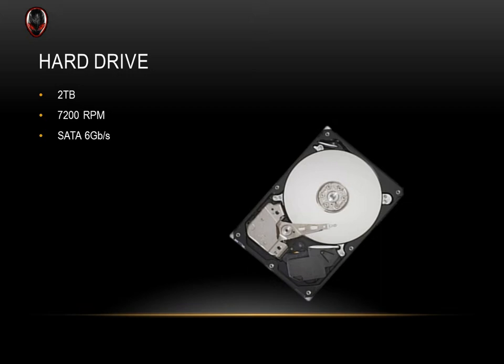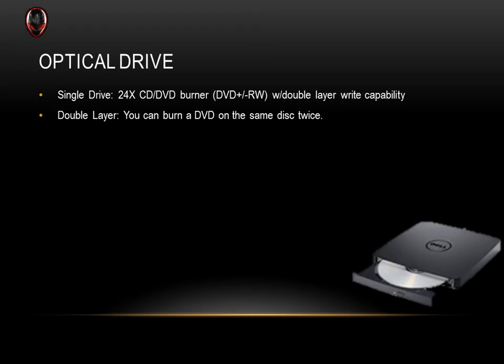The hard drive, again, they give you nothing. 2 terabytes, 7,200 RPM, SATA 6 gigabyte connection. Optical drive. Single drive. It's 24x CD/DVD burner, with double layer write capability. And that means you can burn a DVD on the same disc twice. That is not what that is. Well, in a way. It means that you can do a full-size DVD, which is 8 gig, as opposed to